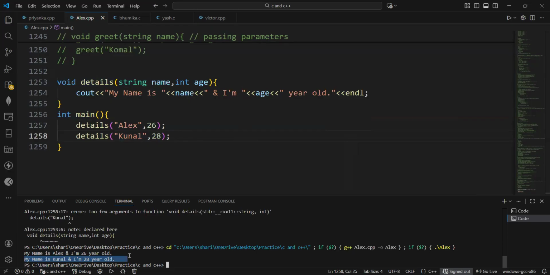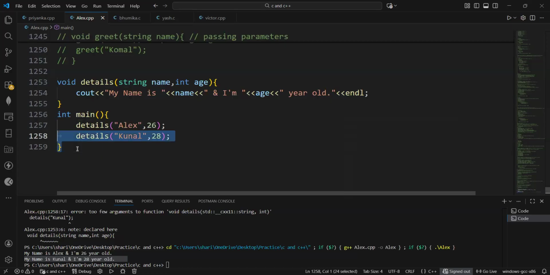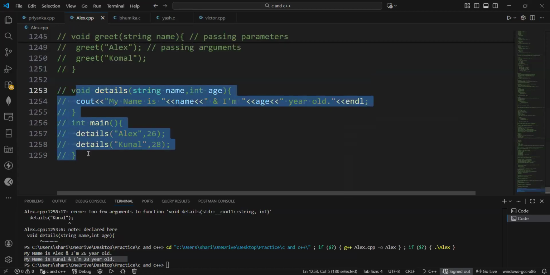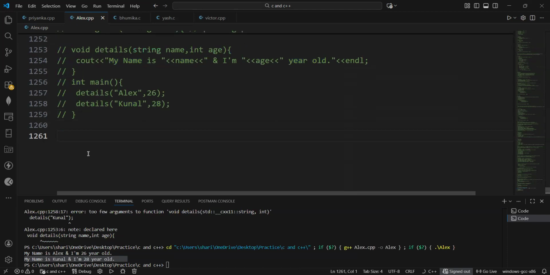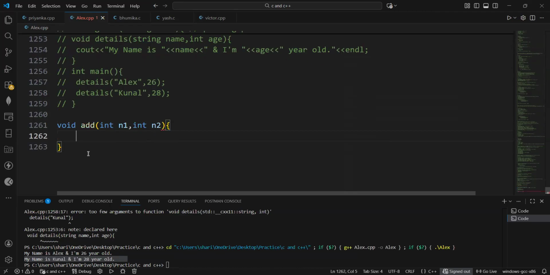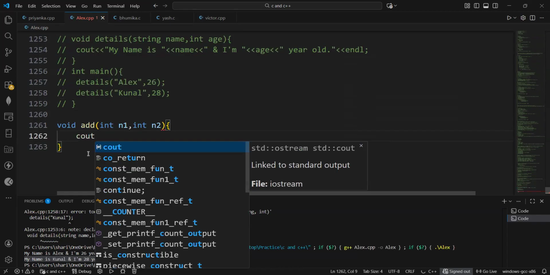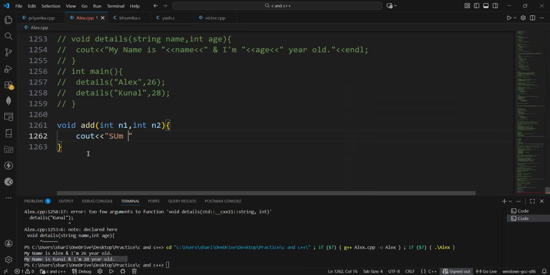You can write any message, and anything you want to do here, just do it right there. I'll also take one example. Suppose I want the addition of two values. Suppose here void add, and we use int n1 and then int n2. Whatever you want to reuse here, you write cout, sum of addition of two values is